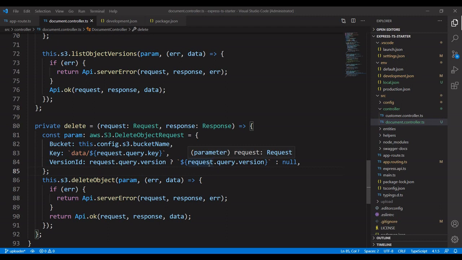The next we are going to check how to delete a file. Currently the bucket is version enabled. If it is not version enabled, the file will delete automatically. Whereas in version enabled, the file will not delete unless you mention all the versions. Let's check it out. Here the delete is going to be the parameter, delete object request. The first one is bucket name. Next is key as it is and the version ID. If I provide the version ID, that is going to be string. I converted with string, or else it is a null parameter. S3.delete object is the function. I am passing the parameter. It will return the response with the version number.